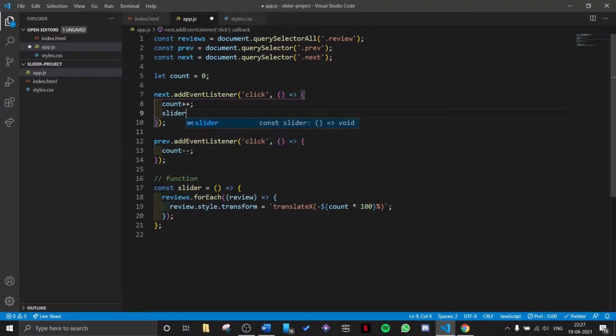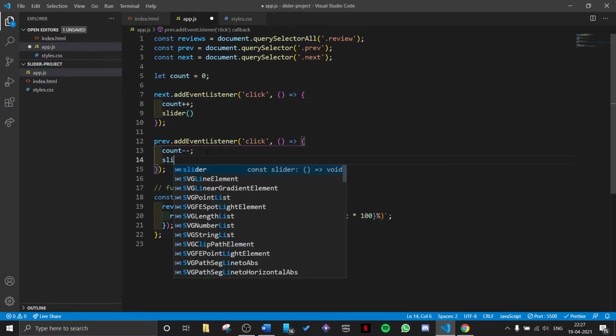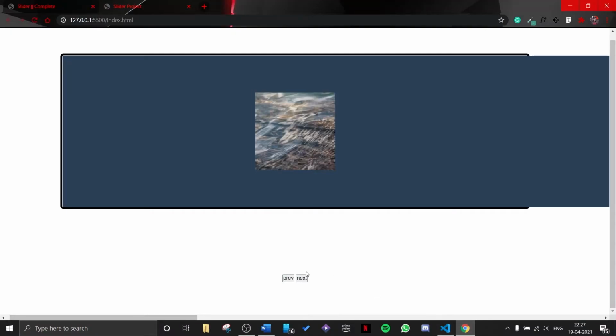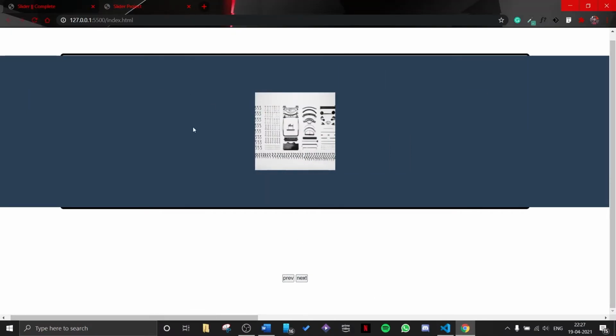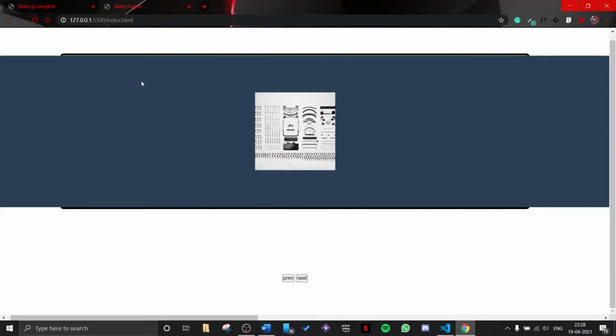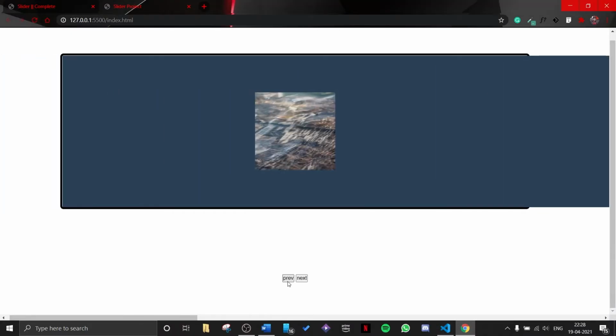That way it will be easier to explain. So for the second article, what's happening right now? We want to move all the articles by 100% to the left. For the second article, my count is 1.